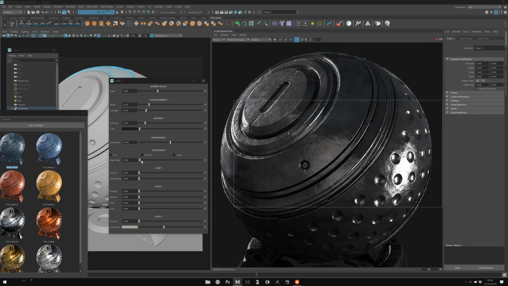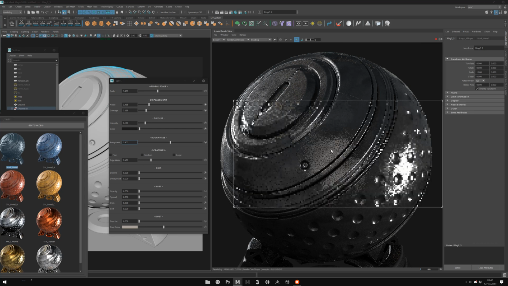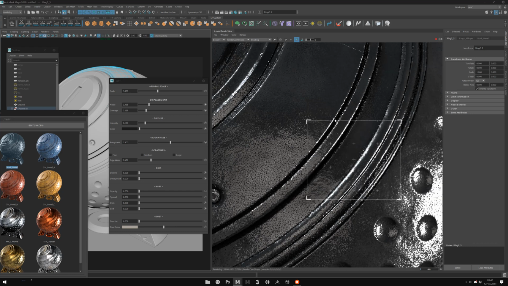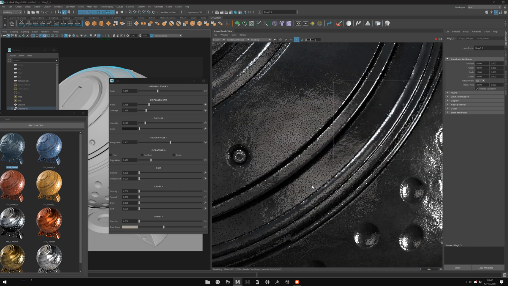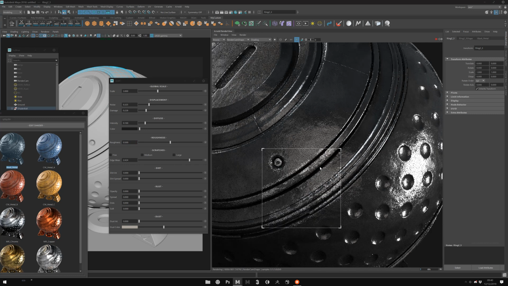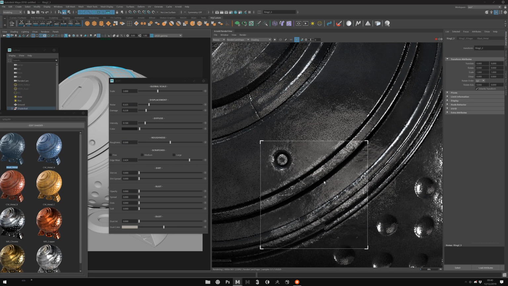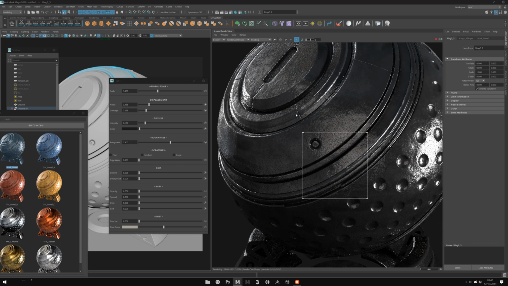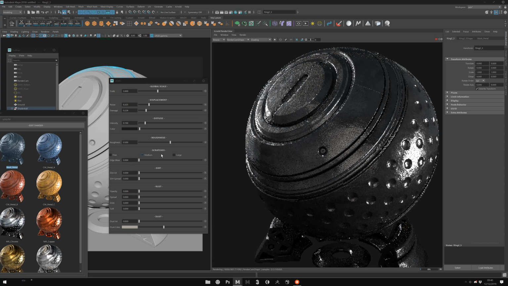Let's start with edge wear. Edge wear will add, as its name says, a little wear effect only on the hard edges. As always, be subtle with it. If you go too much, it will be a bit more heavy. Then here are three masks.